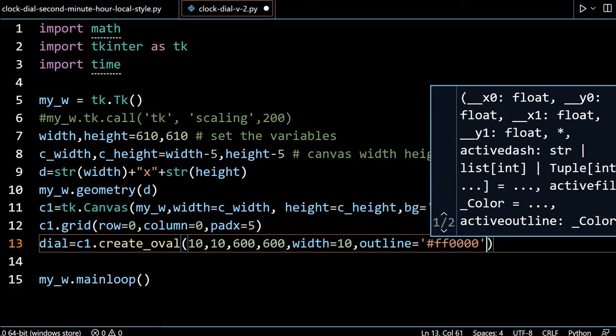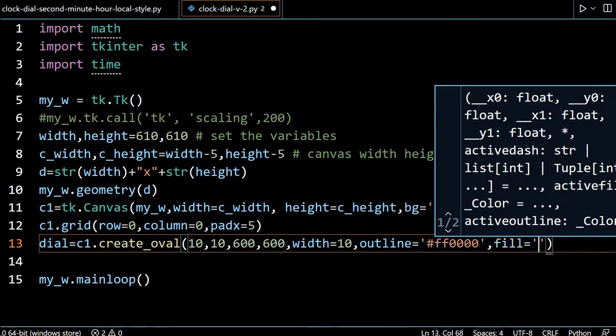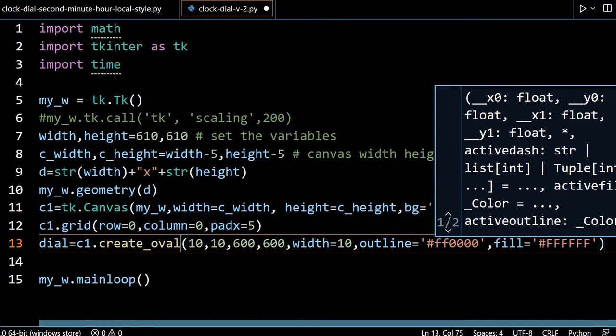You can keep changing and experiment with that also. For the fill color I am using white, the dial color should be white. You can change it to any value you want. So 1 2 3, fine. That's all, my dial is ready.